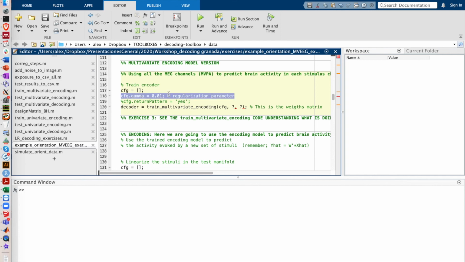The regularization parameter is one value that is used because it happens very often that when you don't have too many data and you fit a multiple linear regression, the variability of your data and noise produce some strange weight values. So with the regularization parameter, what you do is to squeeze a little bit your distribution of weights to not deviate too much from what is expected to happen.